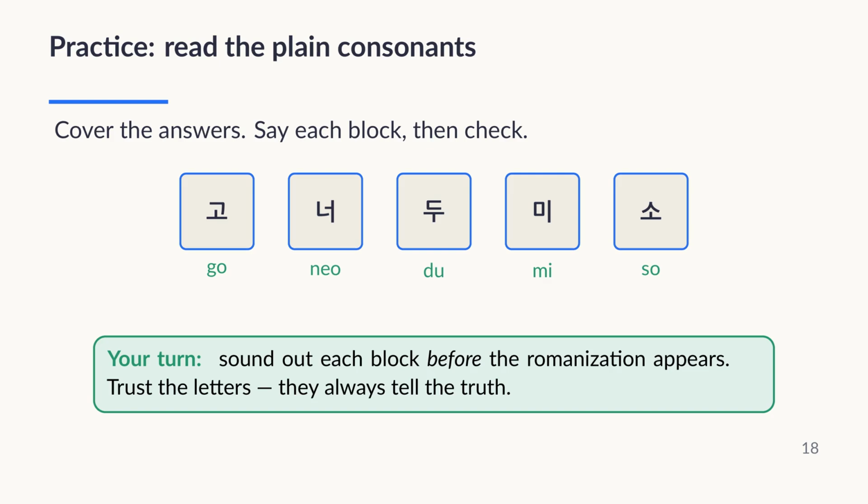Time to practice, because reading is a skill and skills need repetition. On the screen are 5 blocks, each made from a plain consonant we just learned plus a vowel. Before any answer appears, try to sound out each one yourself. Take the first block. It is the consonant G on the left and the flat vowel O underneath, so it